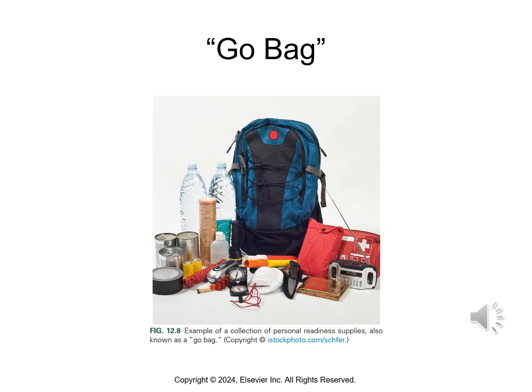This picture is a go bag. This is an example of a collection of personal readiness supplies. Basic supplies for personal preparedness would be a 3-day supply, and it would include a backpack, clean, durable, weather-appropriate clothing, sturdy footwear, portable water. They say at least 1 gallon per person per day for at least 3 days, food that's non-perishable and does not require cooking, a headlamp or a flashlight that's battery powered with extra batteries and or chemical light sticks,